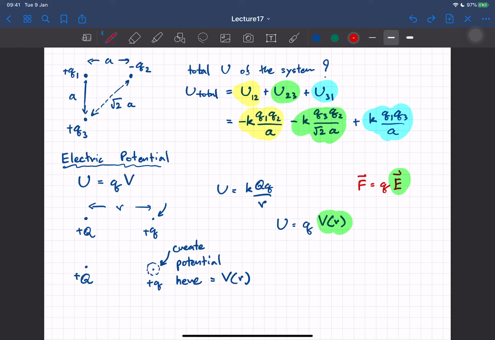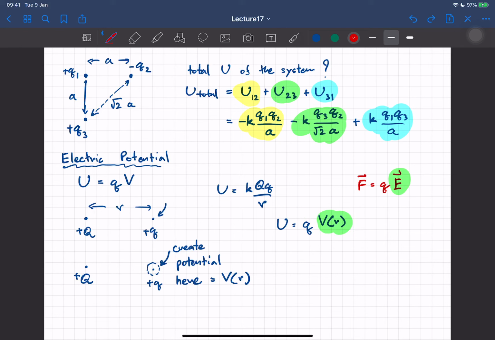So the big Q here creates a potential. Okay, not yet the potential energy, just the potential at this location. Then this q, which is the second charge that you bring to the system, interacts with this potential and gives the potential energy U,